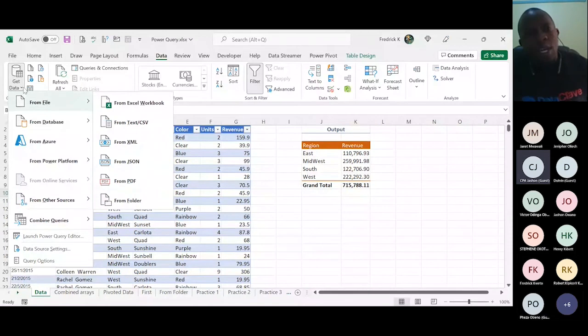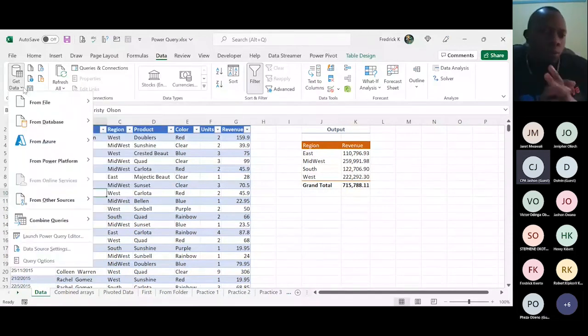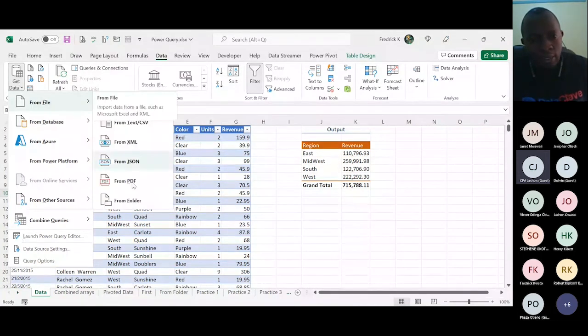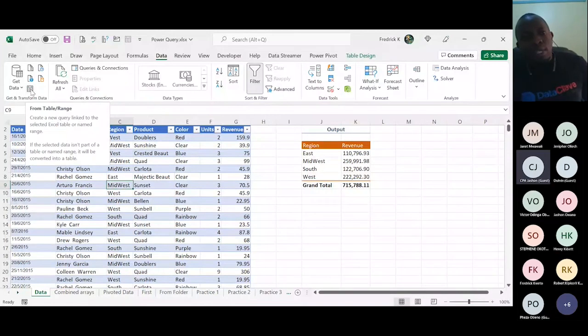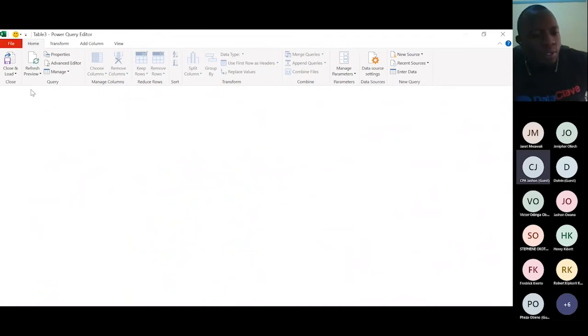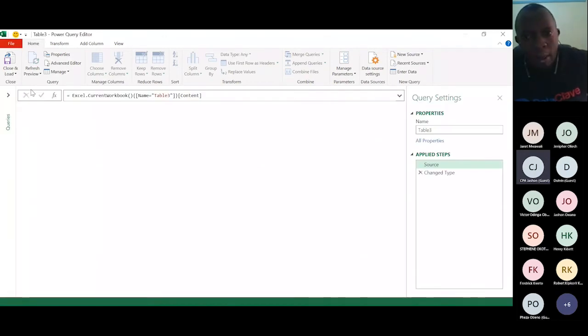If you click on that arrow, I think it also calls itself Get Data. Once you click on that, you'll see from the drop down an option telling you to get data from a table or a range. So I'll click within this data, and then click on this button that tells me to get data from a table or a range. Yeah. So on clicking on that,